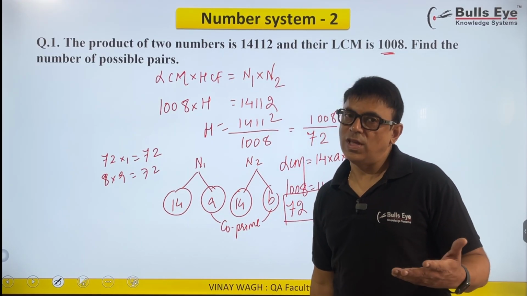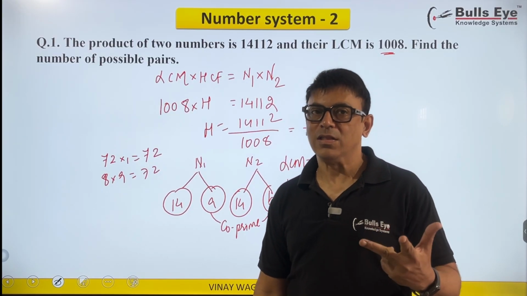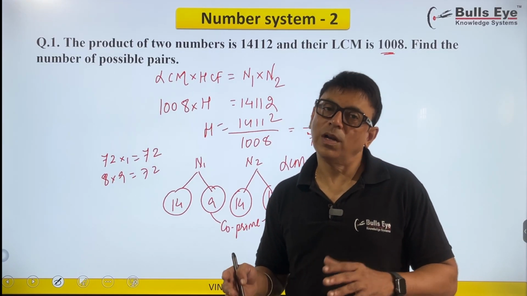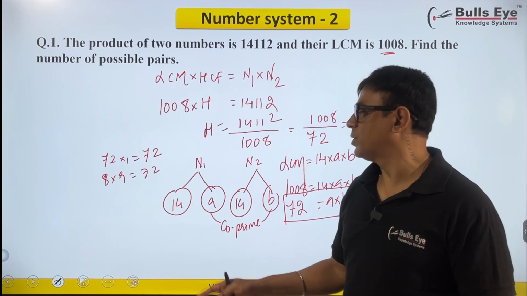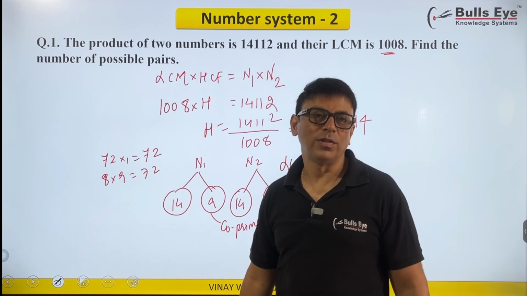2 into 36, the HCF is 2. 3 into 24, the HCF is 3. 4 into 18, the HCF is 2. 5 will not go. 6 into 12 is 72, alright, but the HCF is 6. So the only option where the two numbers have HCF as 1 is 8 and 9, and obviously 72 and